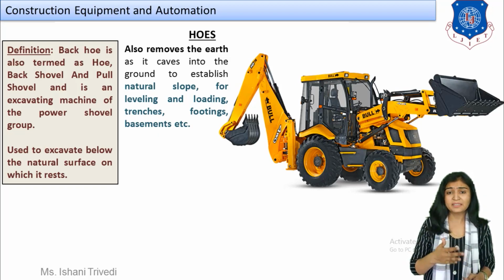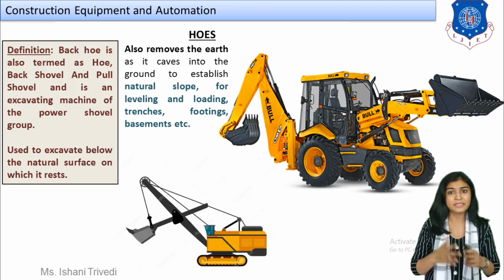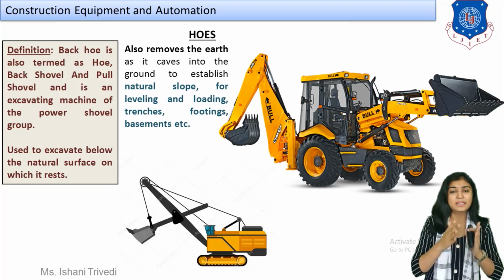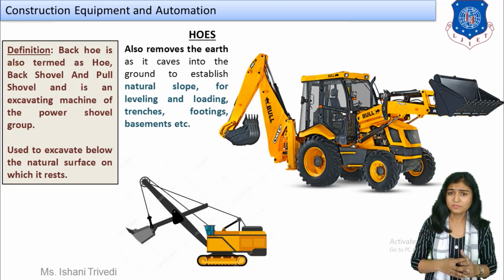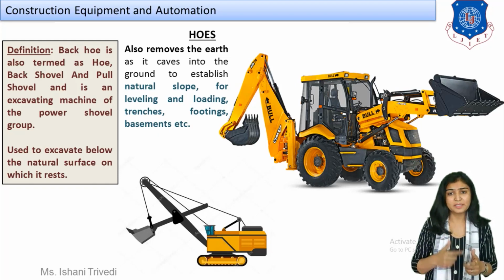So basically what happens over here is we have the power shovel, which you can see right in front of you, and I'm also going to bring a comparative study between the power shovel and the hoe excavator. Now students, you have two images in front of you. The first image is of a hoe excavator, which you can see at the top, and the second is the power shovel. Now what is the difference that you can see in both of them?